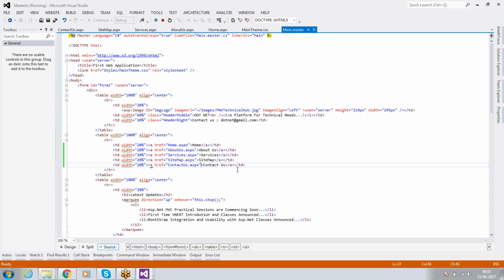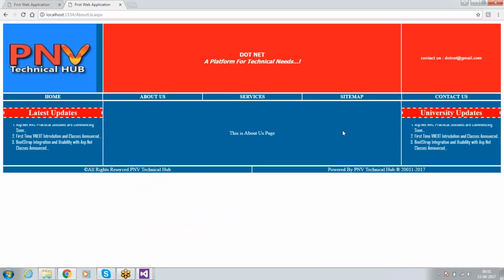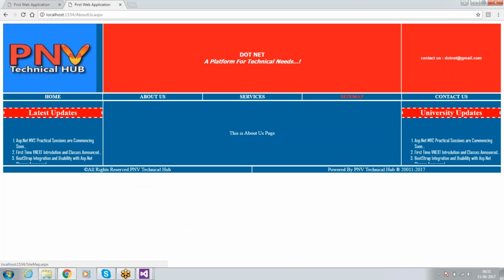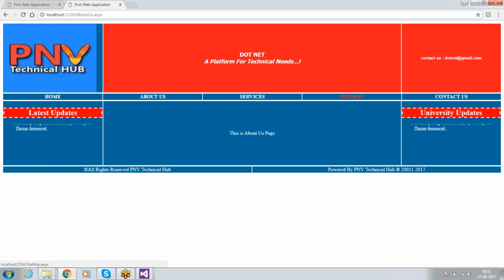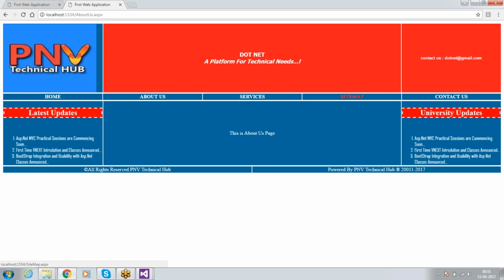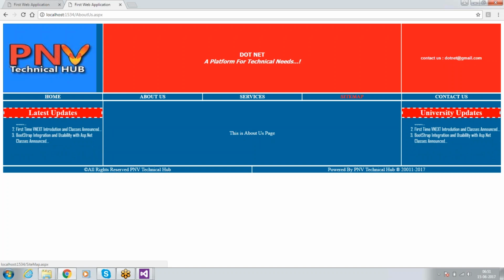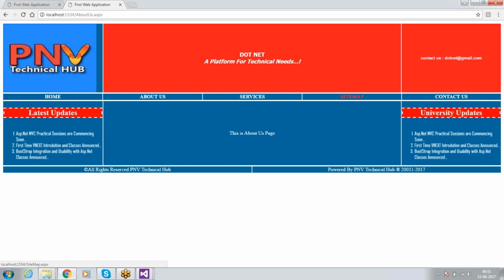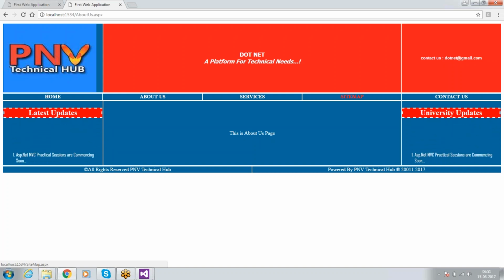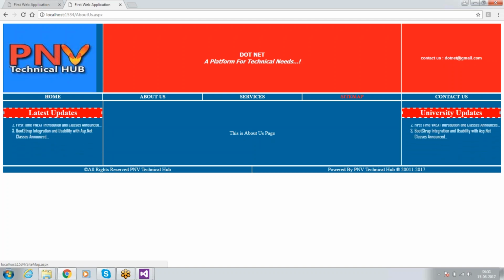Now we'll see what a sitemap is. Generally we usually see a sitemap. A sitemap provides information related to a website. Suppose I have a website that contains 200 pages. We don't know the navigation flow, what the pages are, and all that information we can provide in the sitemap. It is providing a map to your website. A sitemap provides a map to your website.